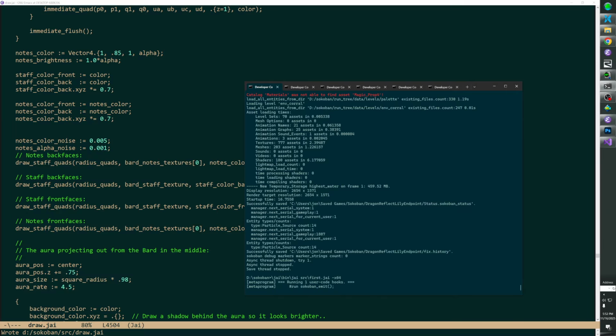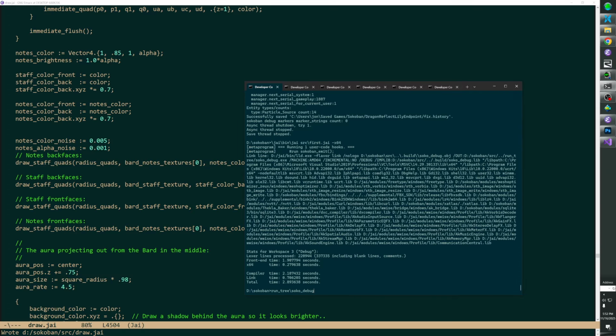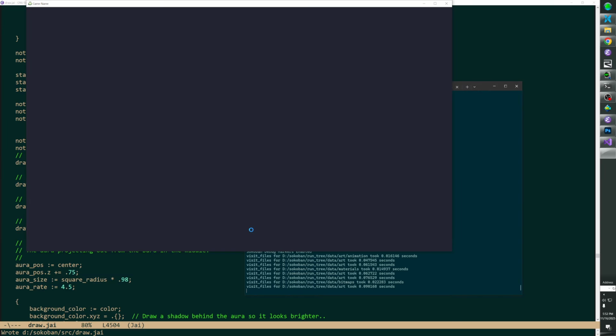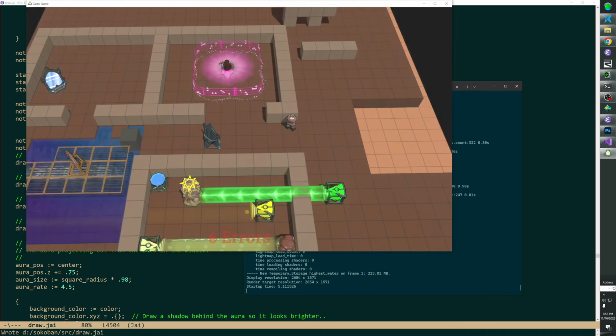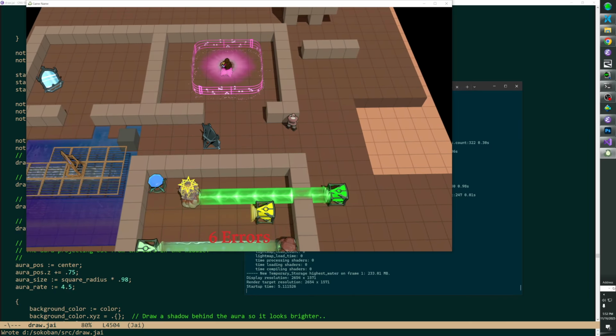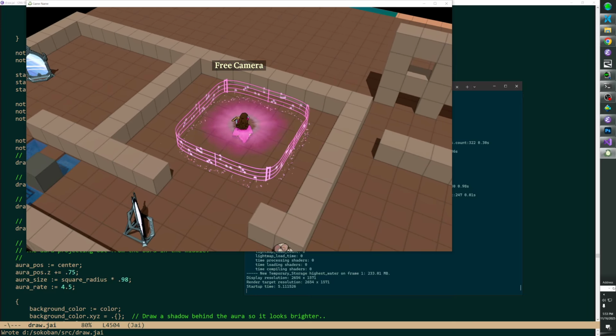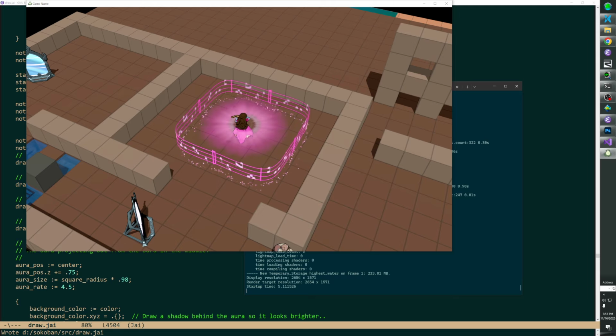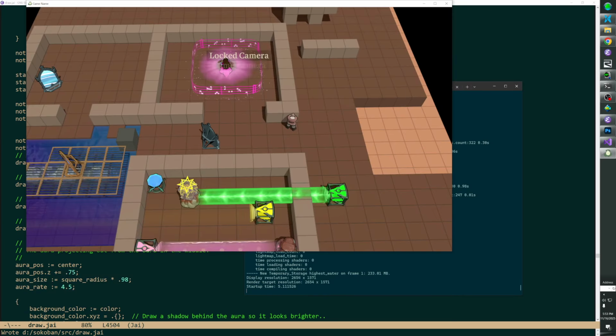That might be interesting. We're going to want to tune the color noise factors and all that, but I mean, you can kind of tell. We could turn it more, but